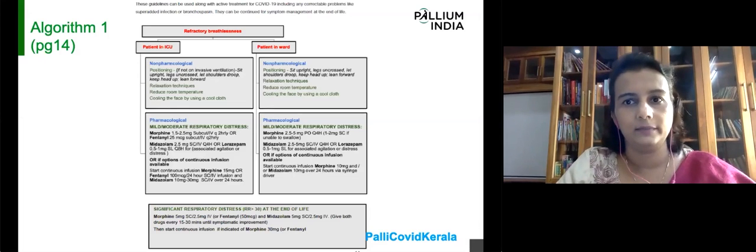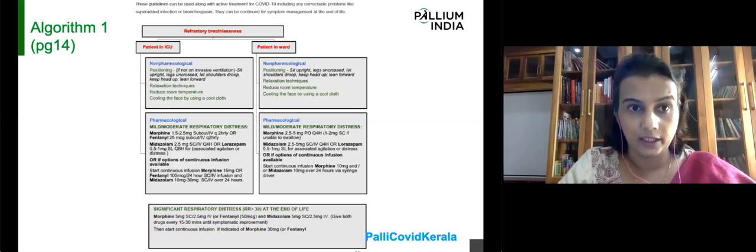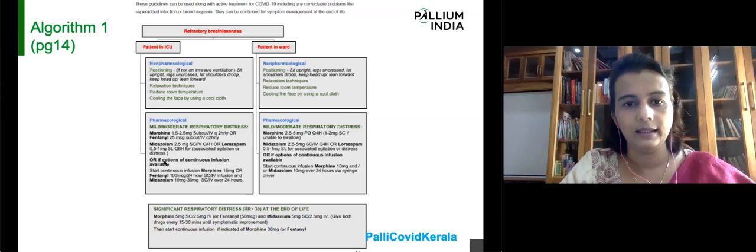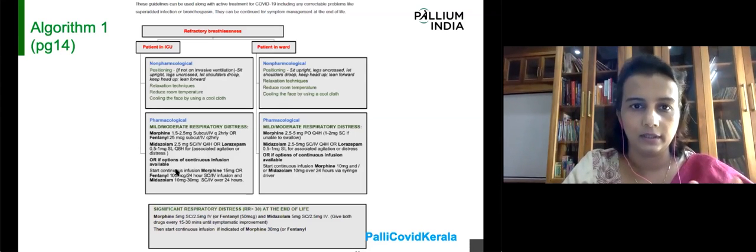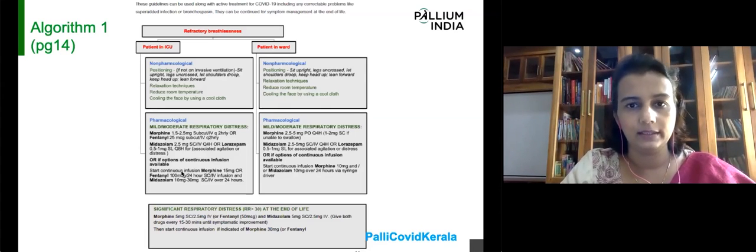Now, this is the algorithm that is given in the ebook, and this is what I've explained in the previous slides. It's given on page 14 of the current version of the ebook, where we have divided the refractory breathlessness into patient in ICU and patient in the ward. And as I've explained before, it gives details about the positioning, the relaxation techniques, the non-pharmacological and the pharmacological, and then how do you manage in the ward and the ICU. And this is clearly given on page 14. That's the algorithm that you can actually print out, just the page, and use in your ward or in situations